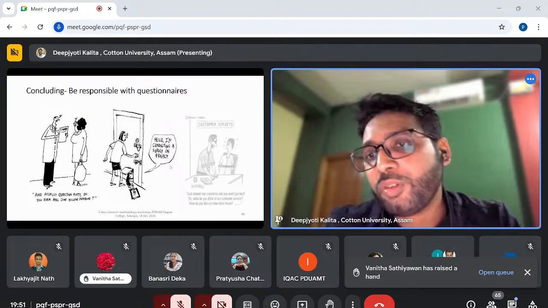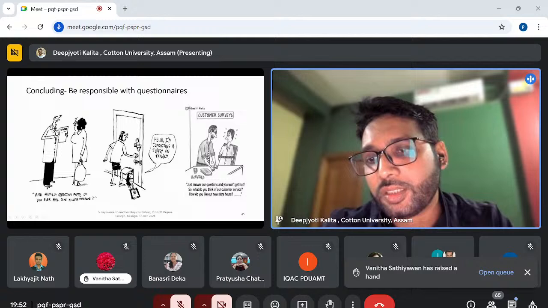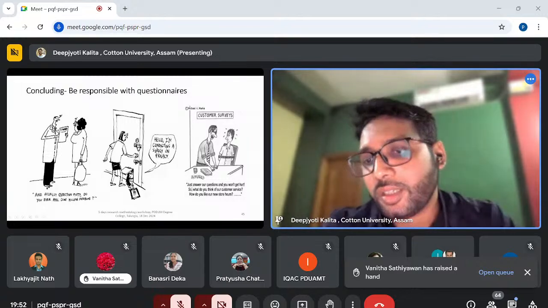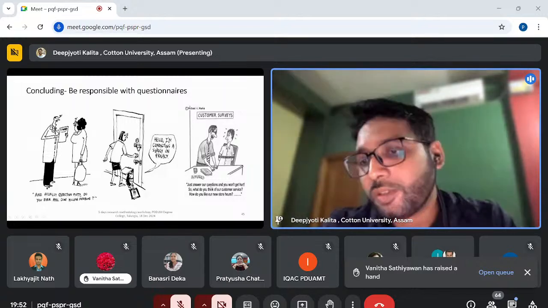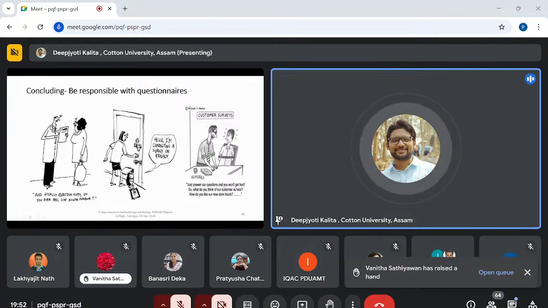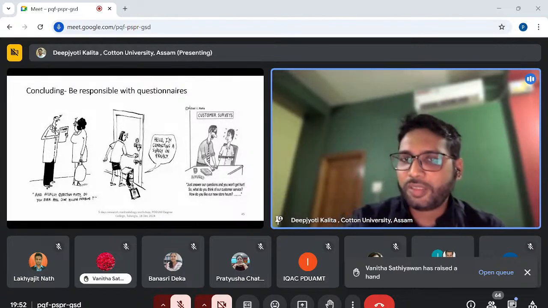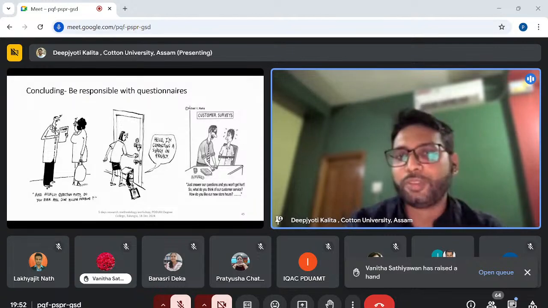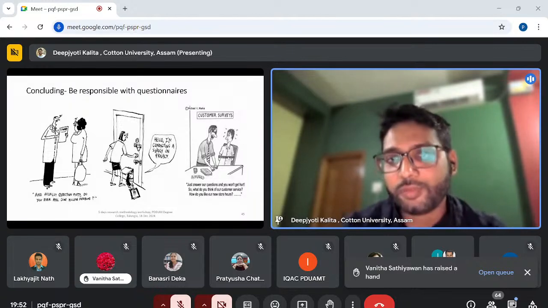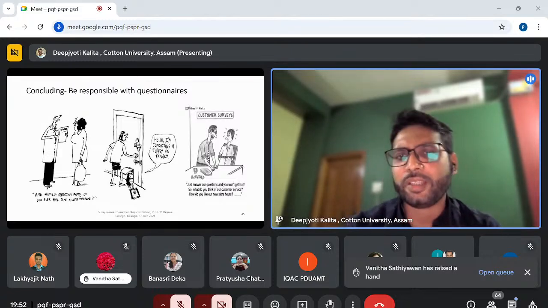Respect people's privacy. And the last point is, don't compel people to answer. Like this joke that says, just answer our questions and you won't get hurt. So don't do it that way. Don't compel people to answer. You can send a reminder, saying, okay sir, please give responses to my questions, but don't compel them to answer our questions. So always in the question setting process, be responsible, be thoughtful, be constructive enough so that you get proper responses to the questions, and always have a proper research design.